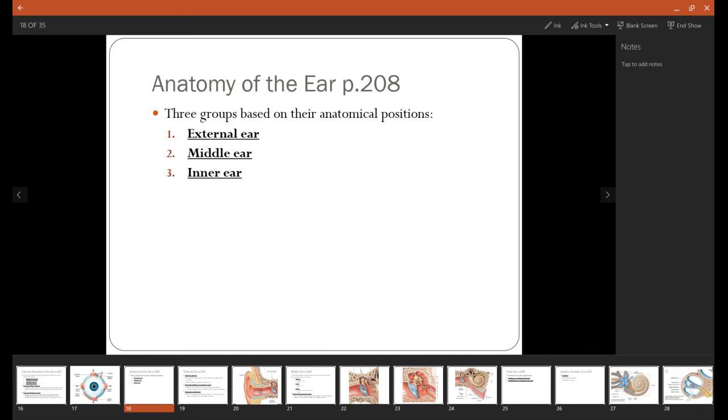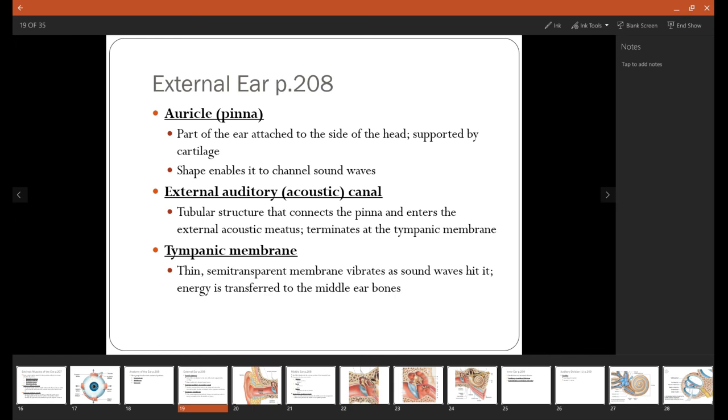The ear is divided into three parts: the external ear, the middle ear, and the inner ear. The external ear is going to be made up of the auricle or pinna. So that is the portions of the ear you see on the outsides of your head. These are made of elastic cartilage, and the shape of the ear and the inner part of the ear is going to allow sound waves to be funneled into the hole, which is called the external auditory or